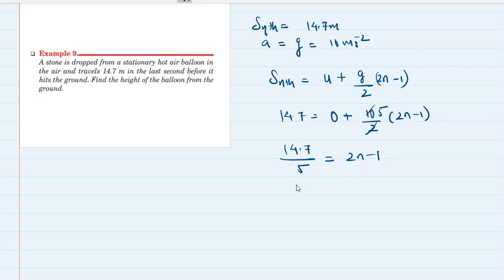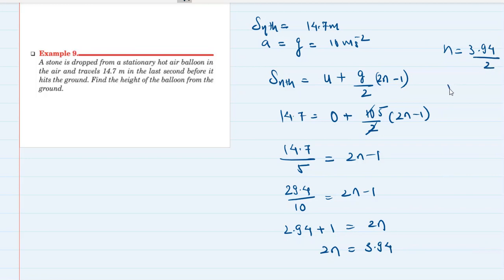So this will become 14.7 multiplied by 2. 147 multiplied by 2 is 294, so 29.4. So why am I doing it? Because I get 29.4 divided by 10 is equal to 2n minus 1, and this will become 2.94 plus 1 is equal to 2n. So 2n is equal to 3.94. So n is equal to